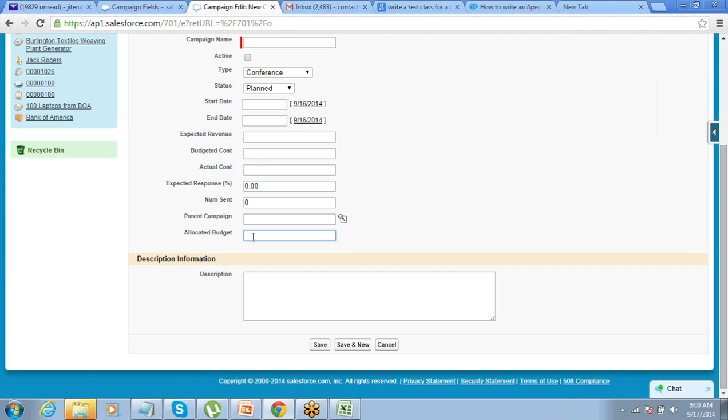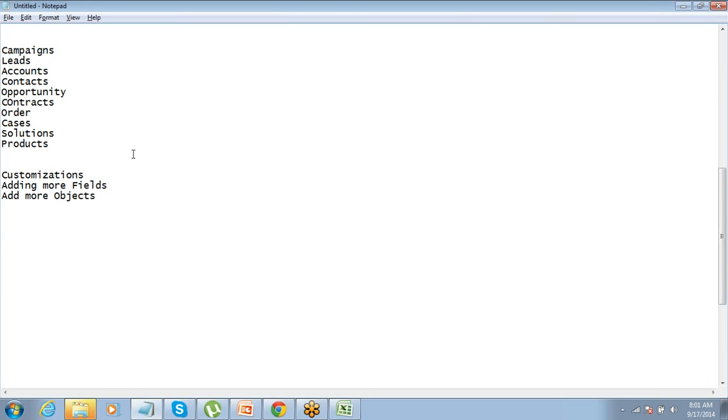Let's say now allocated budget is there. You don't want this budgeted cost. For example, your company does not have this budgeted cost concept. They have an allocated budget concept. So you can go and hide this field, but you cannot delete this. Okay. So there is a simple concept that we have to understand. In Salesforce, we have